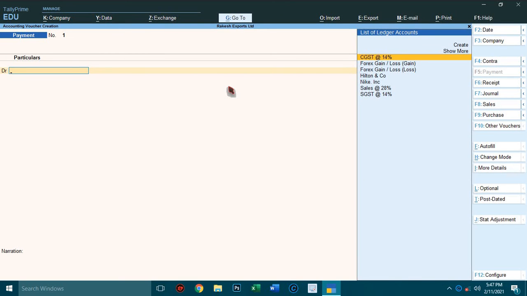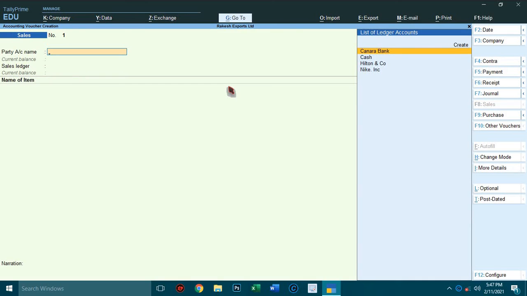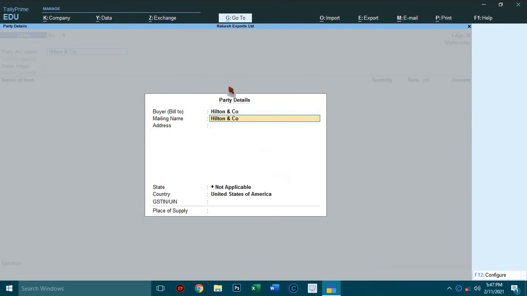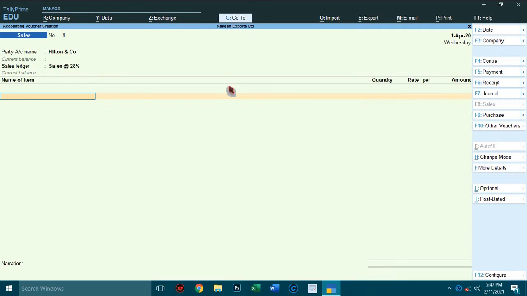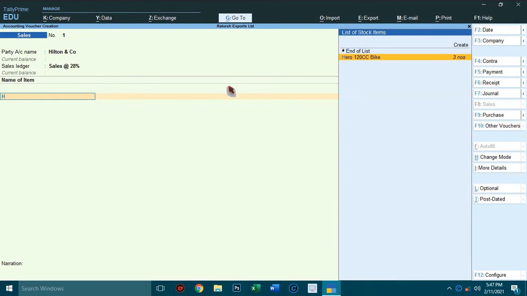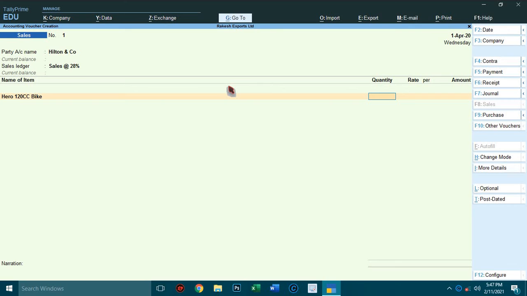Go to sales voucher, press F8. Party account name, select Hilton and Company. Sales ledger, select sales at 28%. Select Hero 120cc bike. Type 2 quantity, suppose he buys 2 numbers, $2,000.